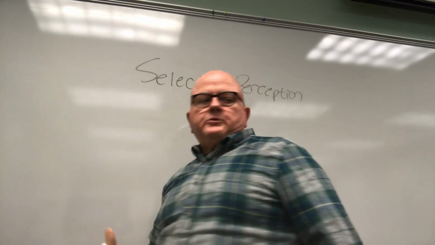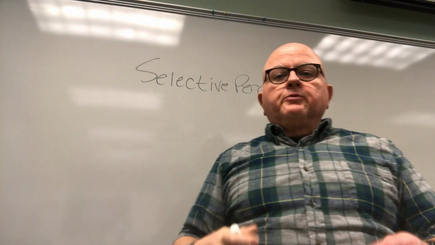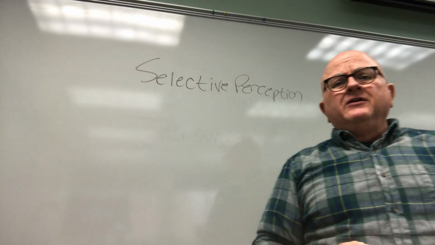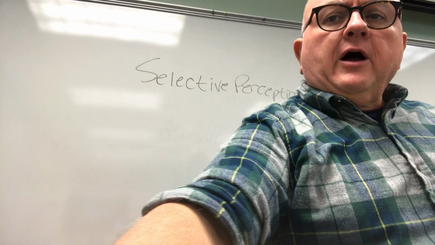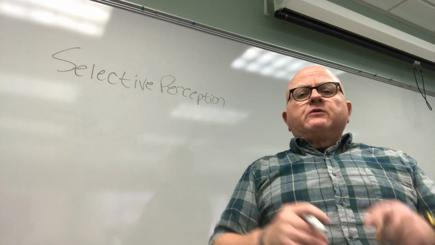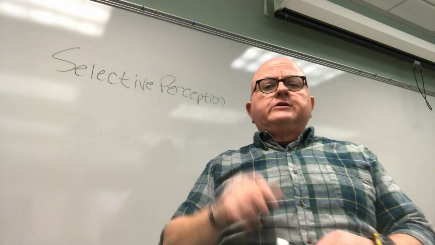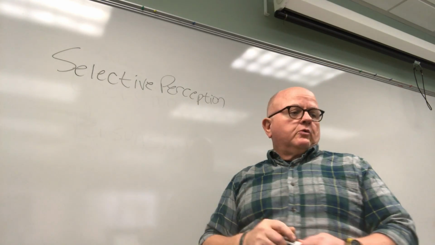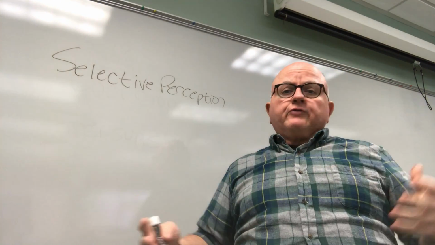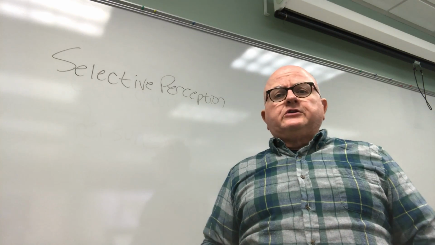Selective perception is based on the premise we've already talked about, remember when we were talking about the difference between listening and hearing? We can't absorb all stimuli. We have to select what we're going to listen to. Sometimes we'll ignore something even though we're hearing it, we won't listen to it. Selective perception works on the premise that we can't absorb all stimuli, so we filter out a lot of data. And if it's something we just don't want to listen to, we just don't listen to it.